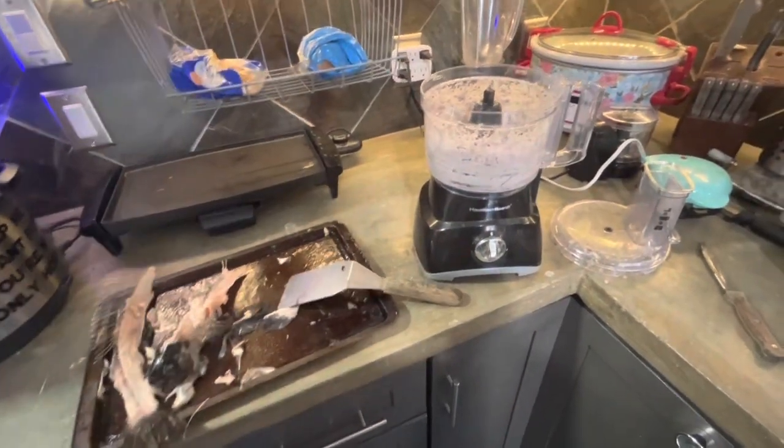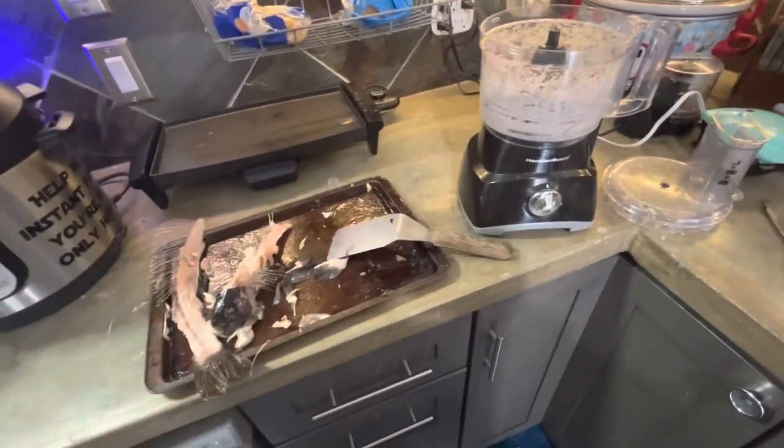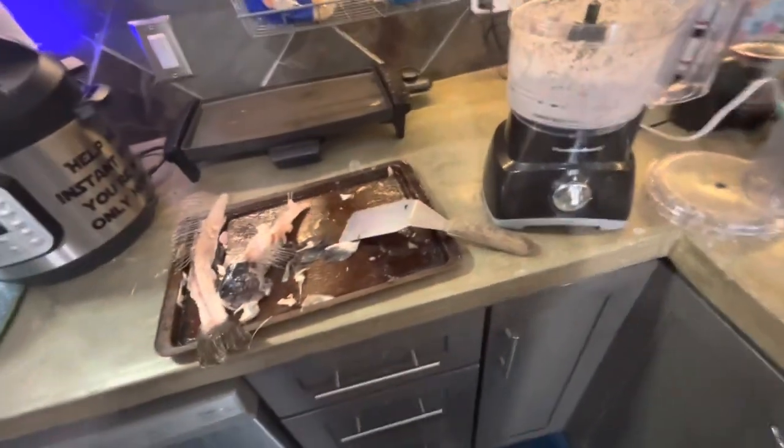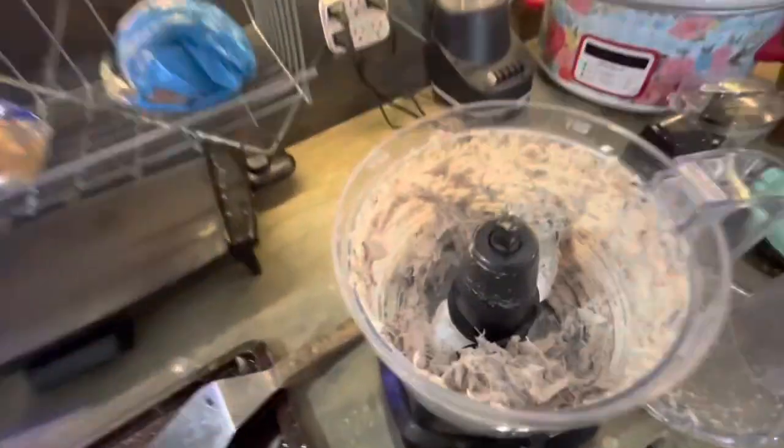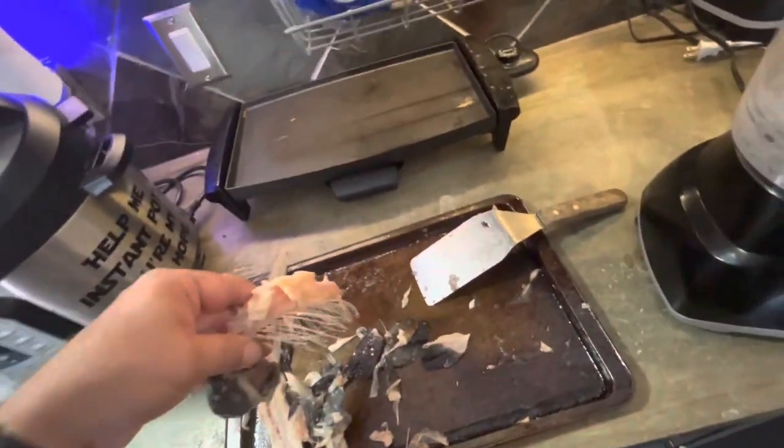We're back here in the kitchen and we're trying to get some fish grease on our phone. So we've accomplished that, and I'm making a little fish leftover pate,